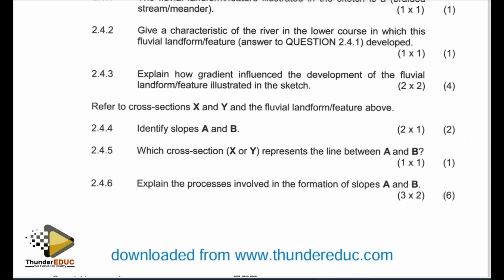What is the implication of a gently sloping landscape towards the formation of the meander? What will happen is the river will be flowing over a gently sloping landscape, which will also imply that the velocity will be lower in that particular landscape. As the velocity is lower, the river will start to deposit load, will start to deposit sediments along its channel. And at the end, as the river deposits some material or some silt material and sediments, it starts to wind.